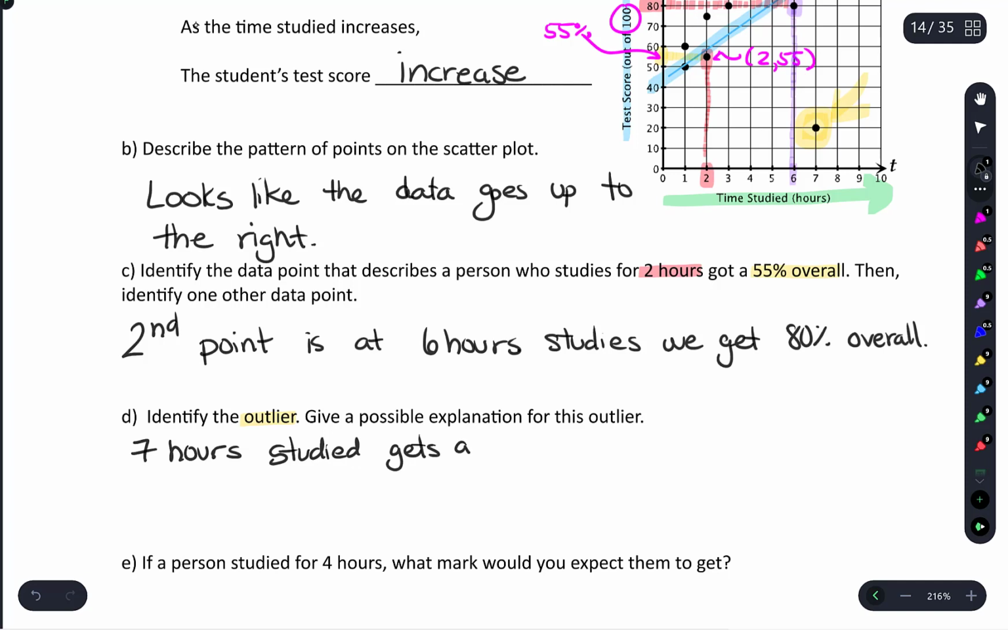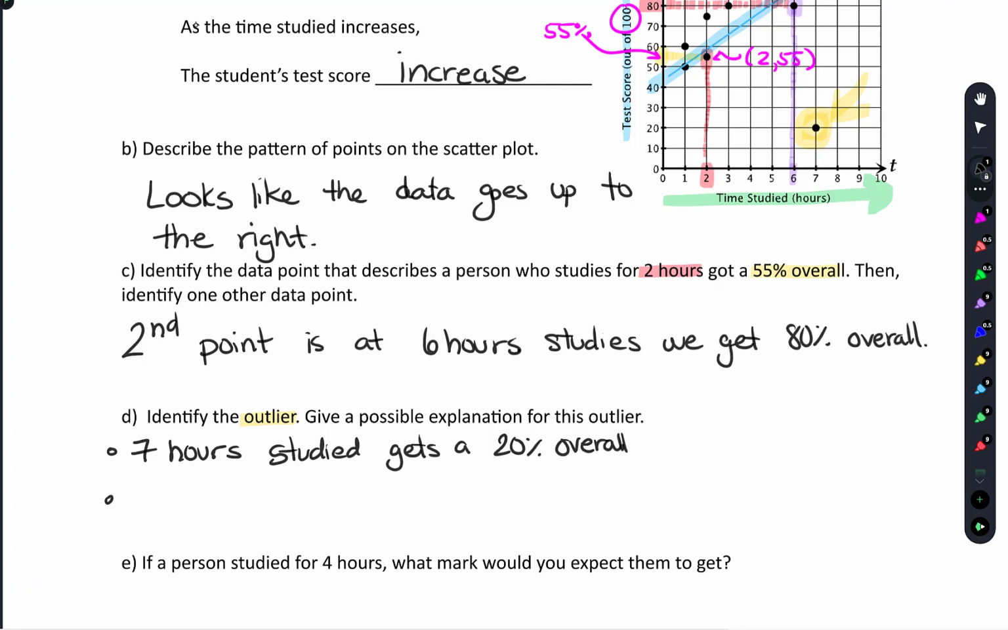Studied, gets a 20% overall average. Yikes, that's not good. So what could possibly be an explanation for this outlier? Well, one that comes to mind for me is maybe they were studying for the wrong test. Maybe this was supposed to be a math test and they were studying for their English test or geography test. So that might be an explanation of why if I study for 7 hours, I might only get 20% on